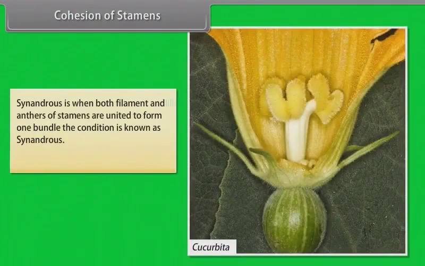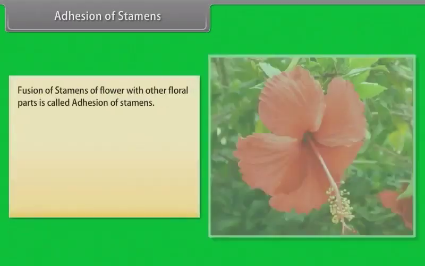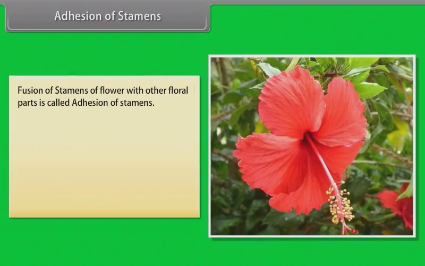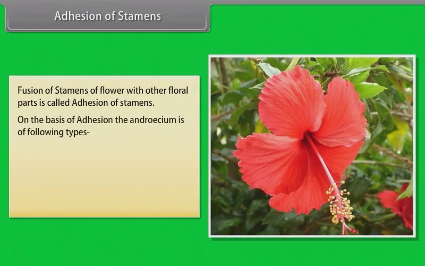Synandrous is when both filaments and anthers of stamens are united to form one bundle. The condition is known as synandrous. Example: Cucurbita. Adhesion of stamens. Fusion of stamens of a flower with other floral parts is called adhesion of stamens. On the basis of adhesion, the androecium is of the following types: epipetalous, episepalous, epiphyllous,